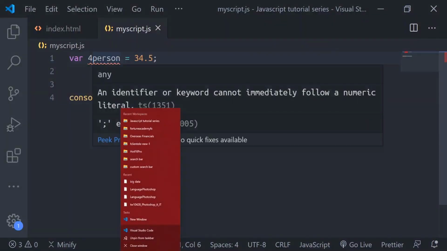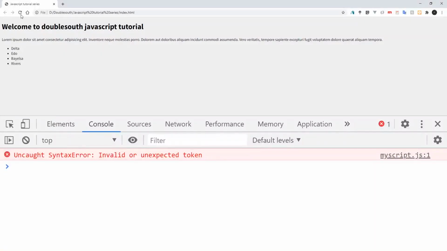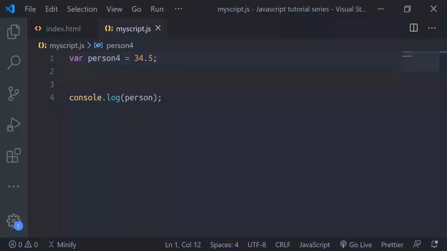But if you come here and put person4, ending with a number, the thing is supposed to work. Let's see where the error is. Okay, now I run it.